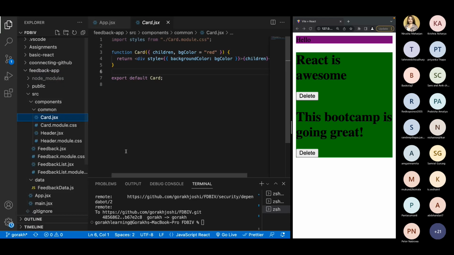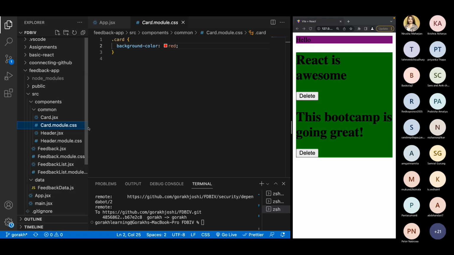So we are writing all the components here and CSS here as well. Together with each component, we are writing CSS like a CSS module. There is a better way of writing CSS instead of CSS module as well. We'll talk about it sometime later. That is styled components actually. It's a better way of writing CSS in React. But we are actually sticking with the CSS module right now